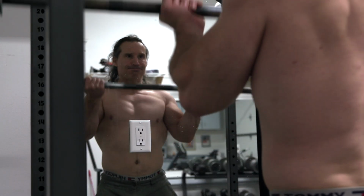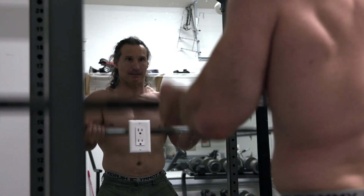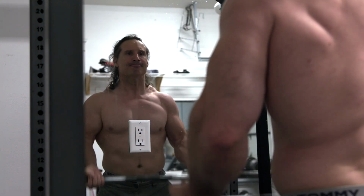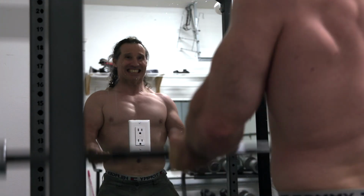So the neat part about playing with light weights is that you can also play with your technique, and some of the techniques that you can use with lighter weights will be different than what you can use with heavier weights, and you may stumble across a new way of stimulating a muscle group. So as you're using lighter weight, it doesn't mean that it's not intense. It can be extremely intense, but just maybe on a different muscle group that you're not used to really hitting,